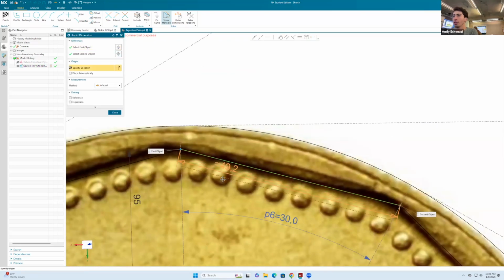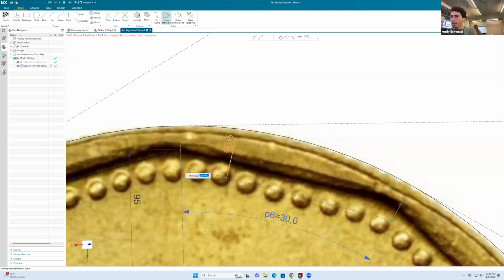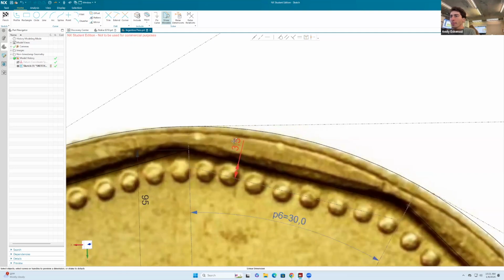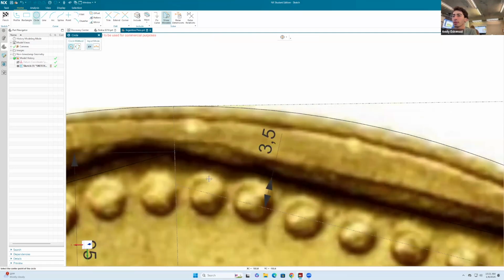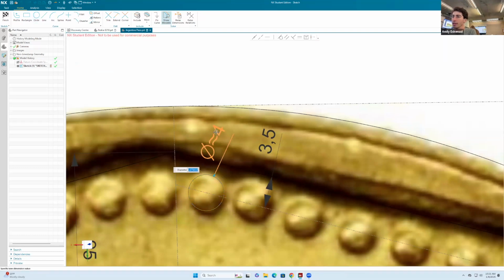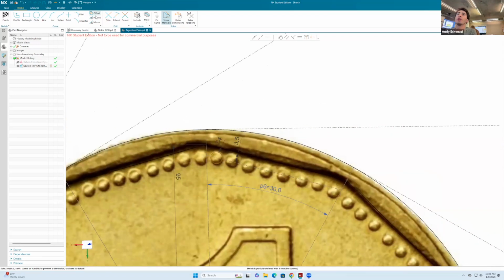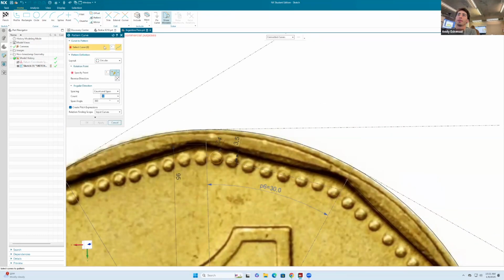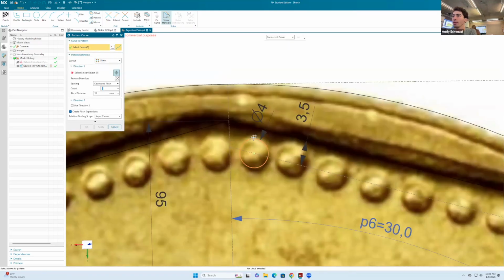Then I click on letter D. I will make the distance between those two, yeah, 3.5 seems fine. Okay. And then I can draw a little circle right there. Let's make that, yeah, 4 seems fine. And then we can do a little linear pattern. So let's do a pattern. Select curve, this guy,